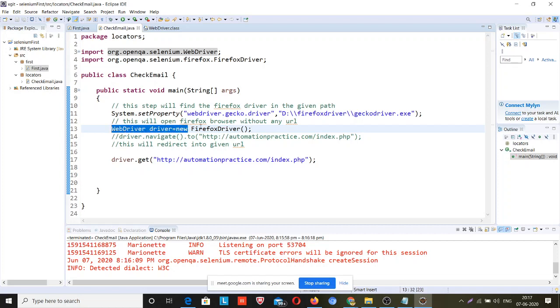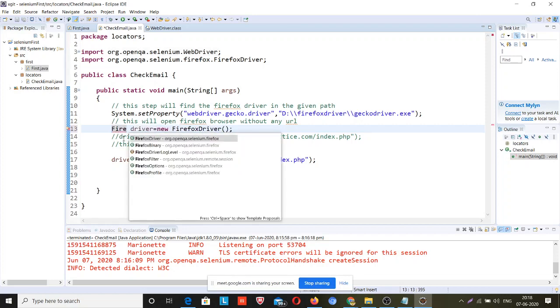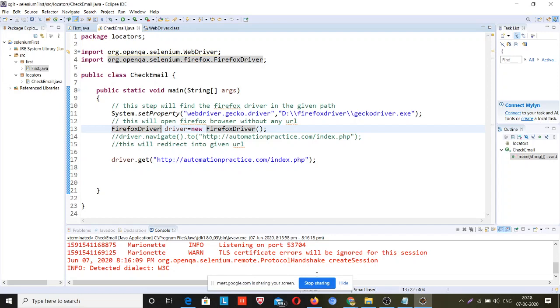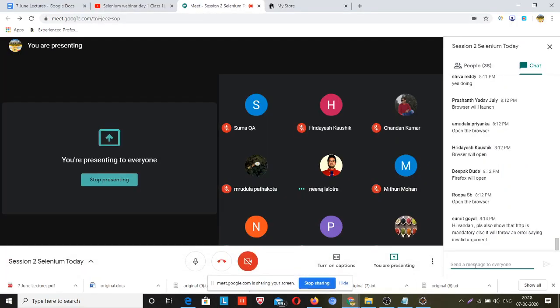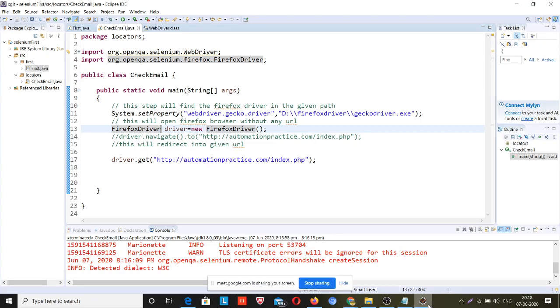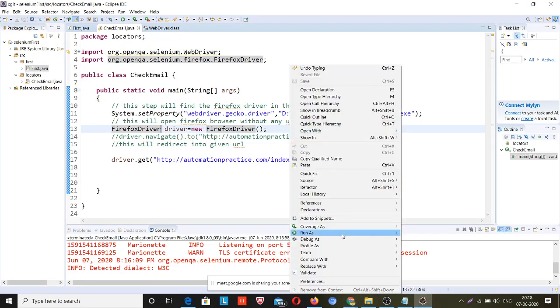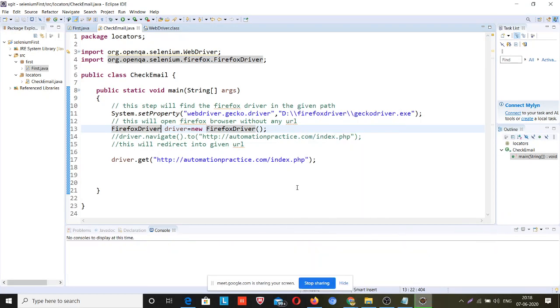Abstraction is done for security purposes also, and if you don't want to extend your method to anyone. Otherwise you can simply write Firefox driver also. Am I clear, Neeraj? So this will also open your desired things.